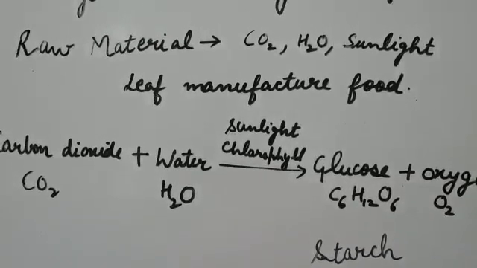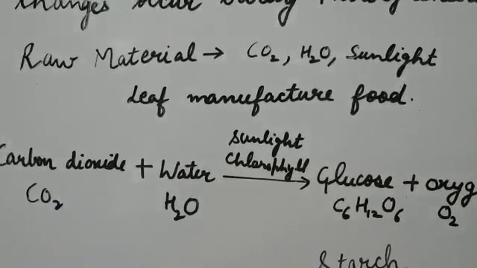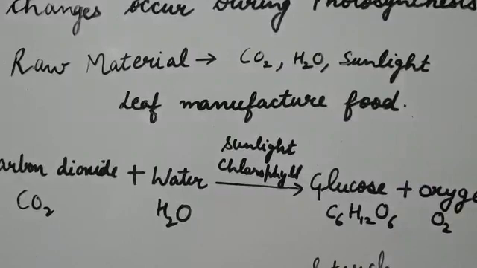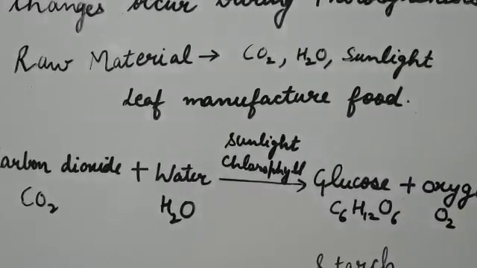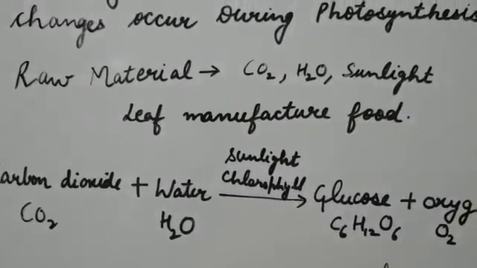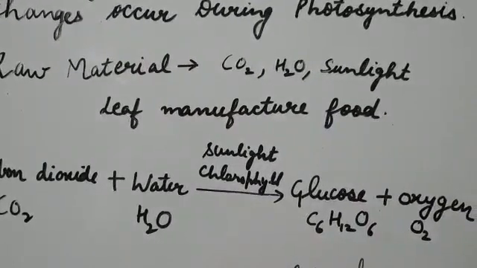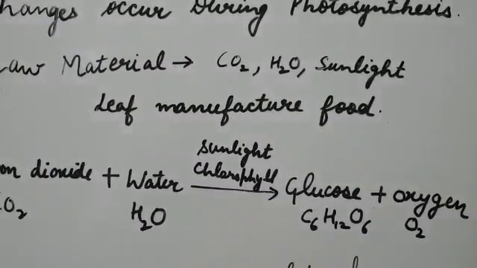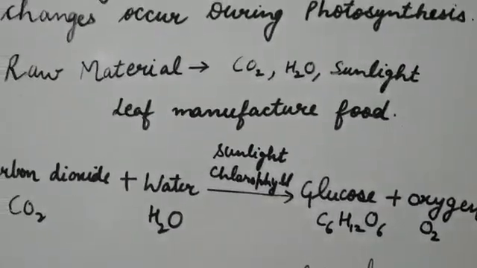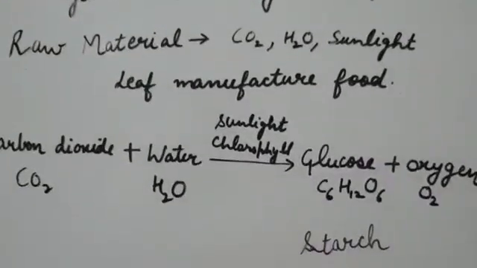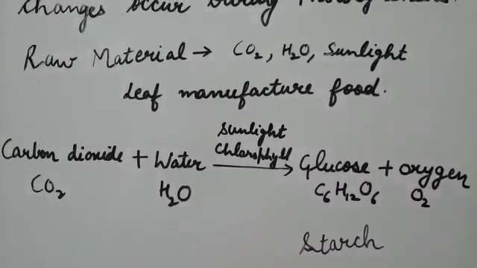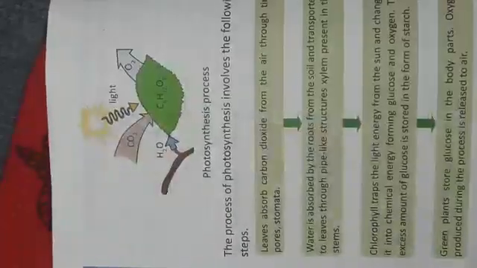The phloem tubes present in the stem, it is also a type of tissue, transfer the carbohydrates to all parts of the plant to grow and develop. And oxygen, which is one of the products of this reaction, is released into the atmosphere. So this is a very important reaction, and you need to practice it many times, and in most of the classes you will see and learn this reaction.